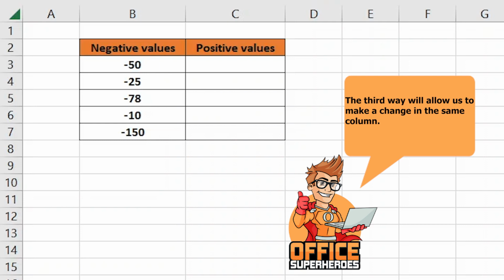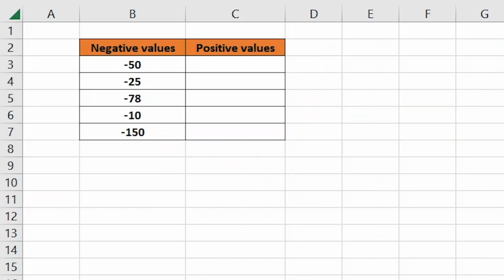So let's do it. In the first step, we click on the cell where we want to have a positive number. We click on cell C3. We'll enter the equal sign. This is sort of a signal to Excel that we're going to write the formula. We click on the cell where we have a negative number and we want to change it to a positive number. For us, it's cell B3. We enter an asterisk. And now we'll put a minus sign and a number 1. The formula is complete. We press Enter. Excel immediately converts the number to positive.